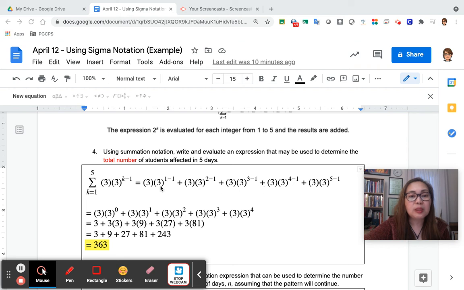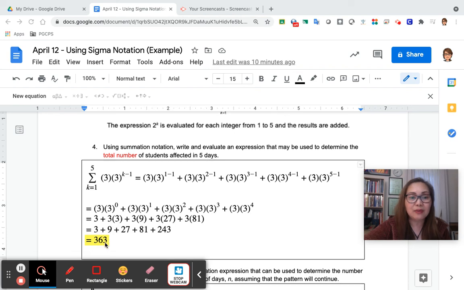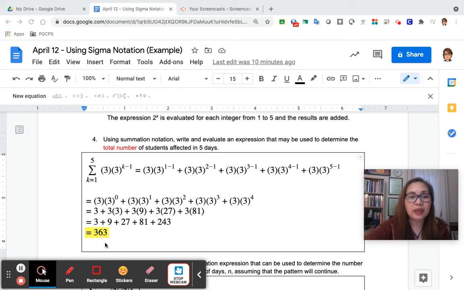And you simplify them. Notice how 1 minus 1 is going to become 0. And where's this coming from? This is all from this formula. So you're just repeatedly adding them for each case, for each day. And this is the arithmetic part. So you just simplify each of these. You keep simplifying until you finally arrive at the sum of cases for the whole 5 days, which in this